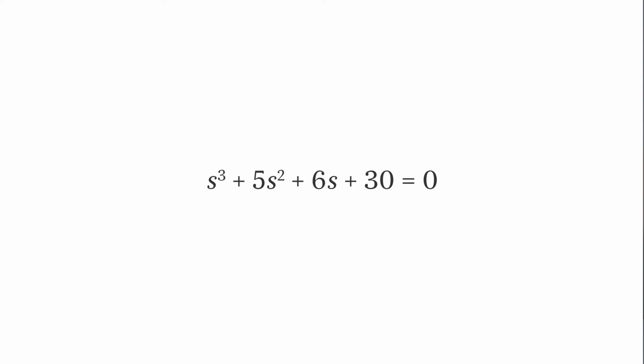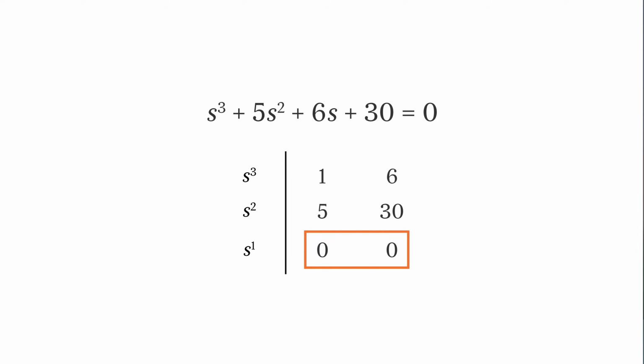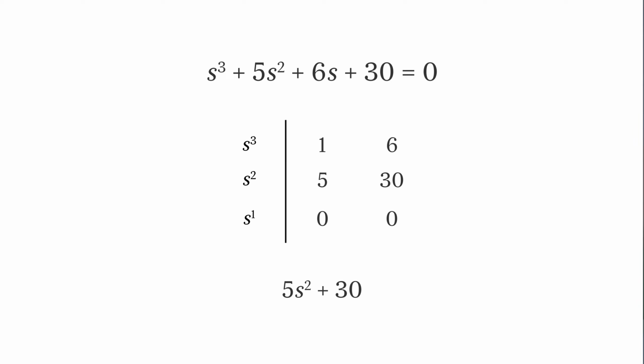So now let's talk about the second special case. We'll use the characteristic equation s³ plus 5s² plus 6s plus 30 equals 0. As we create the Routh array, we notice on the third row down that we have an entire row of zeros. In this case, we will need to create a polynomial based on the row above the row of zeros and then differentiate it. We have the 5 and the 30, so we create an auxiliary polynomial of 5s² plus